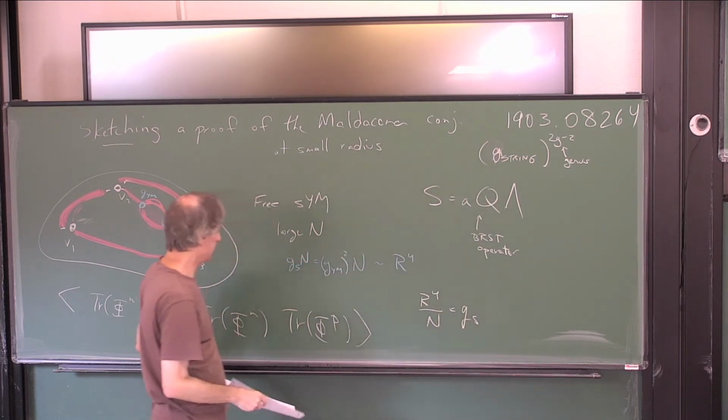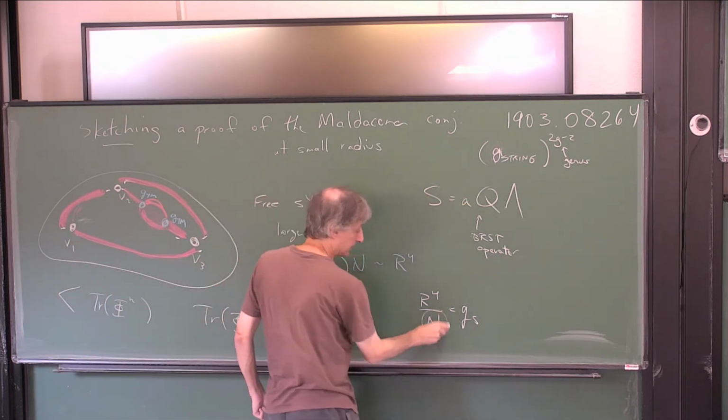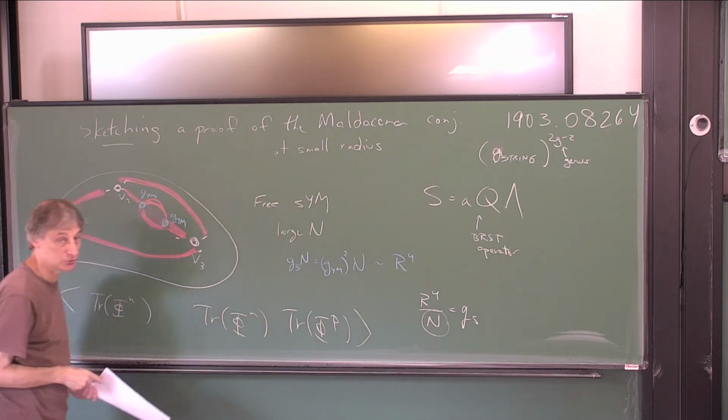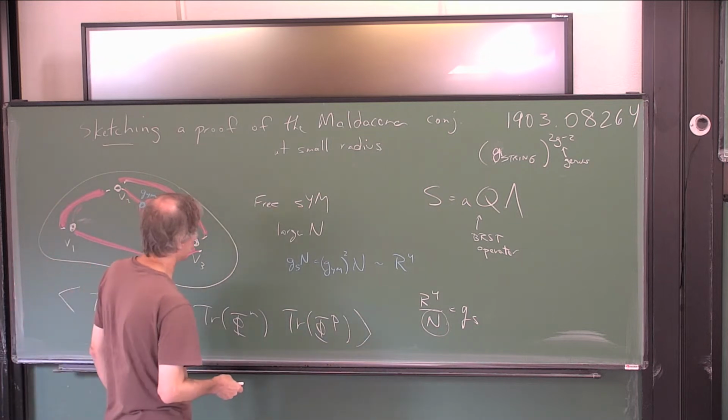So this is going to be related to G string, right? If I expand the genus string, that's the same thing as expanding like 1 over N. So that'll give the usual 't Hooft expansion 1 over N. And then the other parameter is going to be